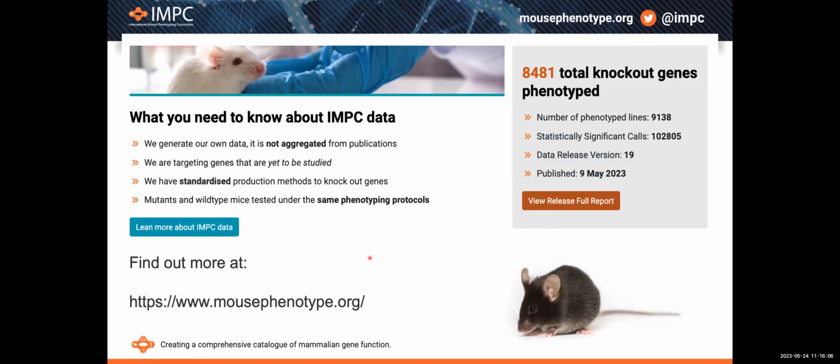I think this is all spelled out nicely right on the title page of the IMPC website, where the big bullet points are that all the data that you'll see in the database is from primary data generated by individual centers. So it's not aggregated from publications. We're really looking into these darker regions of the genome, things that we know very little about. I've shown you that we have very standardized production methods that we use to generate these knockouts. And we have very strict phenotyping protocols that are shared across this whole consortium, and mutants and wild types are